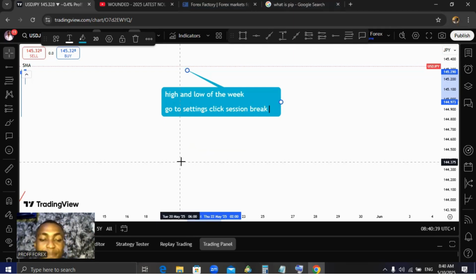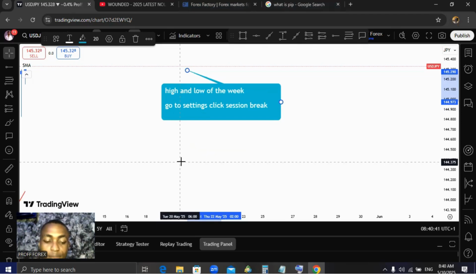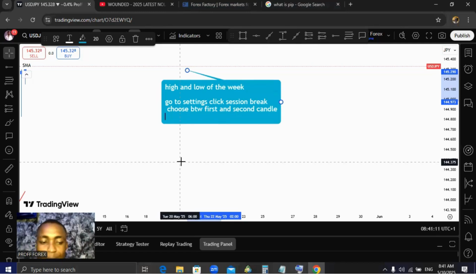Click on section break. Go to the settings, click on section break, choose between the first and second candle that print on Monday. So when you do that, then